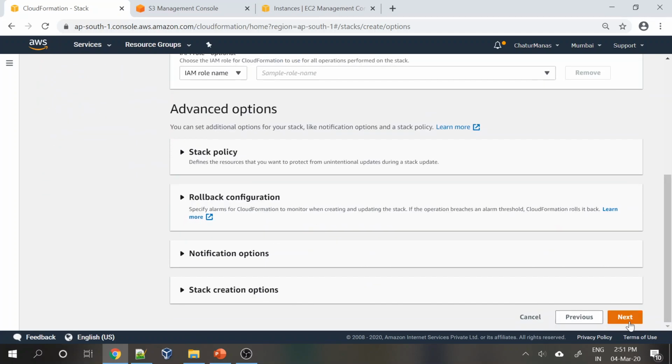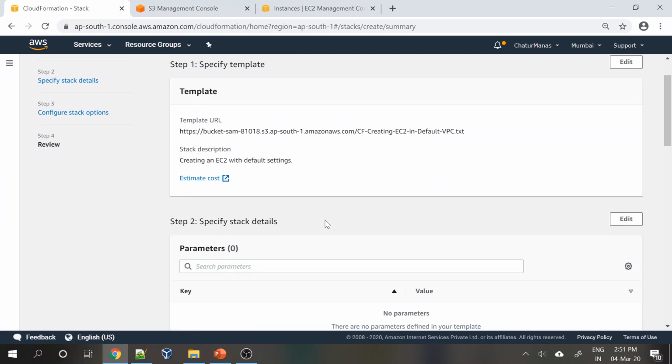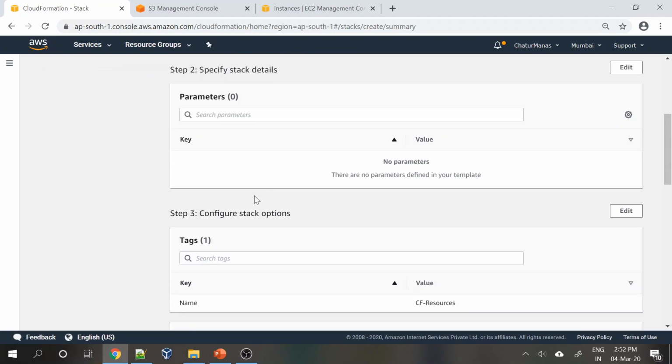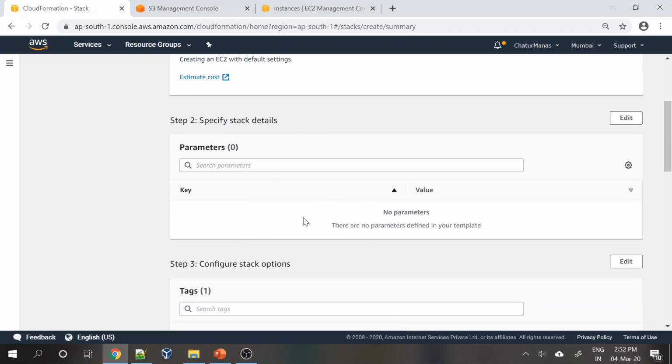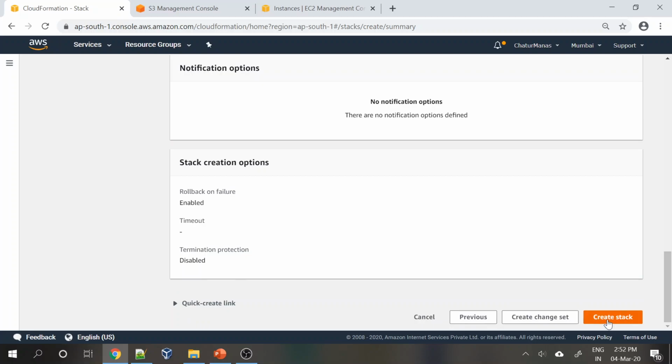Then you just say next, and it is going to show that template in CloudFormation. Then it will give an estimated cost as well. This estimated cost is on the infrastructure that you are going to create, how much cost you are going to incur, and this is just for budgeting purposes. It may not be accurate as well. I just leave it, and as I said, it does not ask for any parameters because we don't expect any input from the user. So we just scroll down and say create stack,